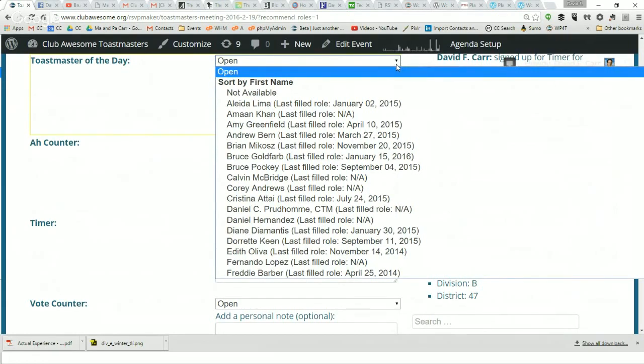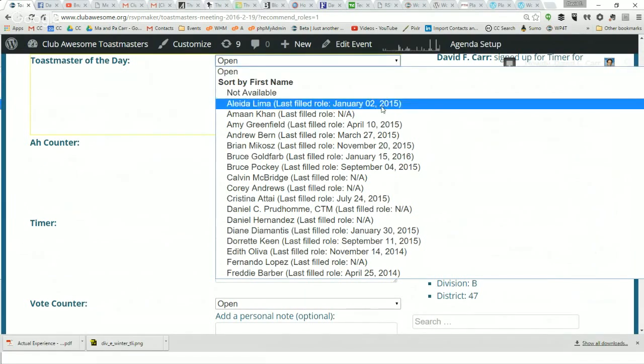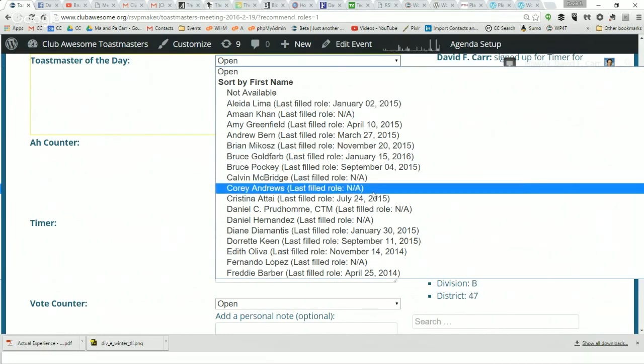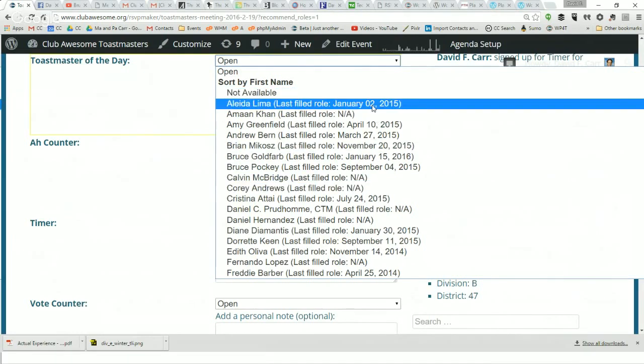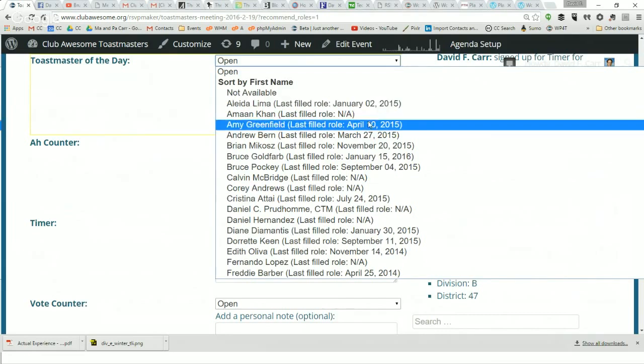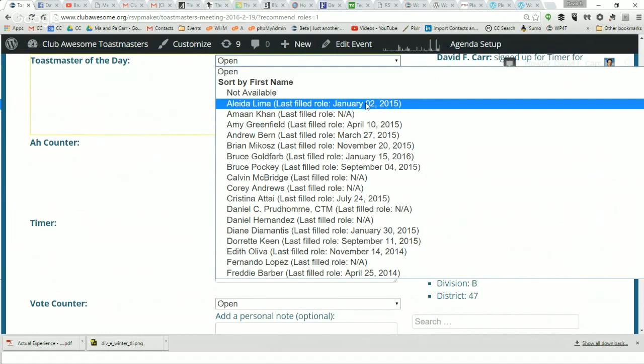So one of the concepts we came up with here too is if we're trying to get somebody to fill a role, we can go into this recommend you for a role tool, and we can see when this person last filled that role. So latest served as Toastmaster of the Day pretty recently. Oh no, actually that's last year.